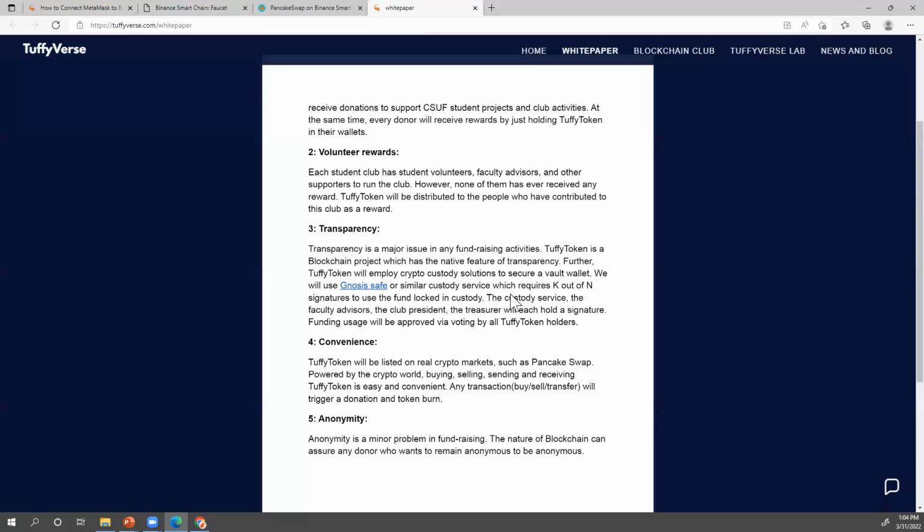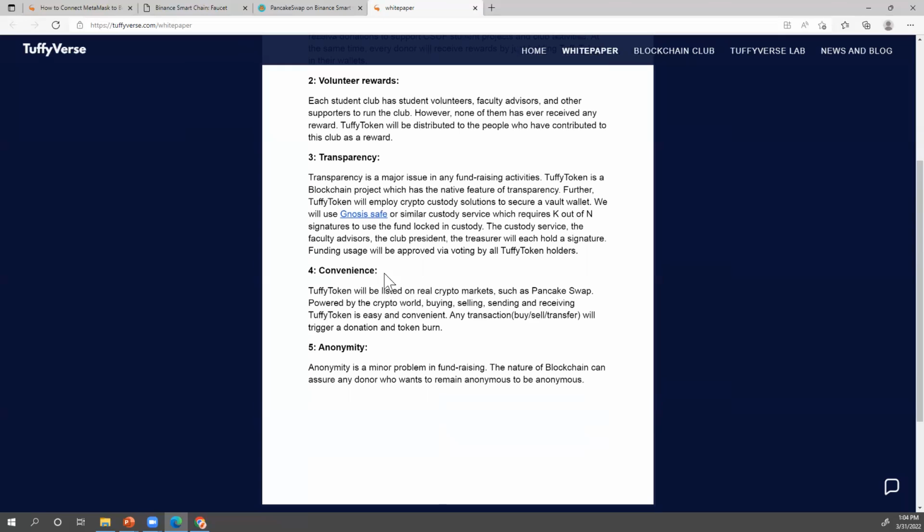If you have taken 459, you know what a K-out-of-N signature is: we have N holders of the secret key, and we require K users together to sign, then we can unlock the donation wallet. We are going to use Gnosis Safe as a custody service. The other benefits include convenience, anonymity,